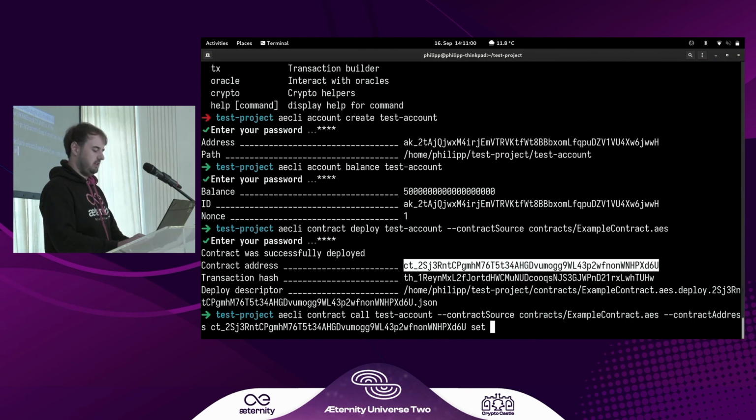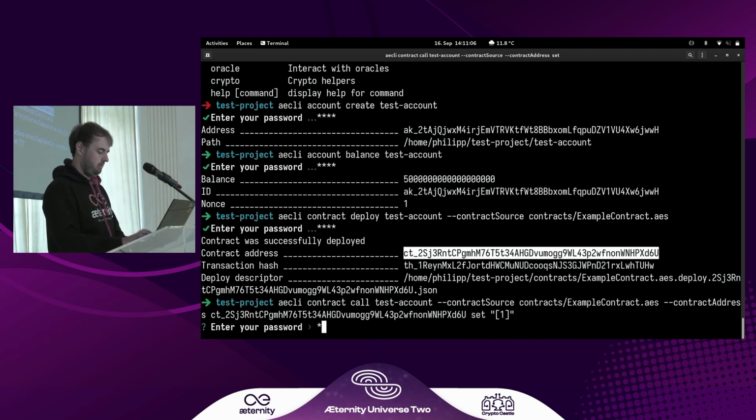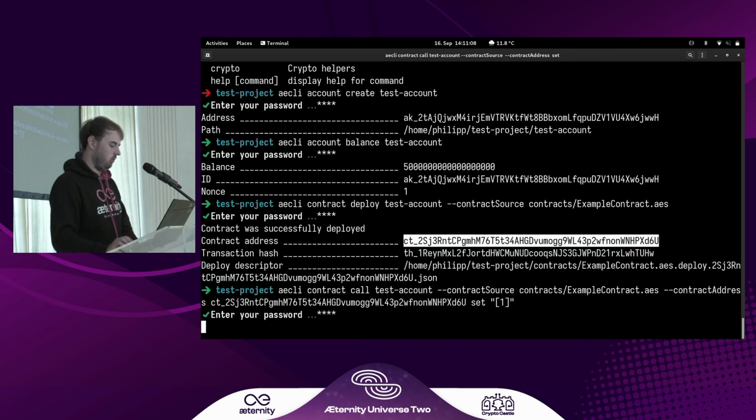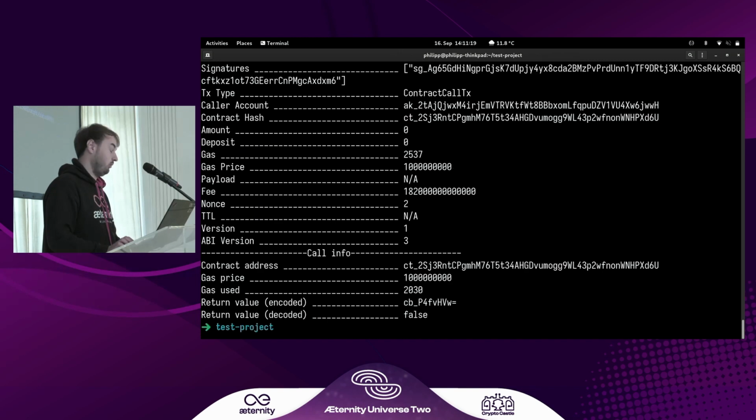And we can call our set method and pass the arguments. For example, we want to set the number 1, again with our password for access to our wallet. And we wait for the transaction to execute on aeternity testnet and with the compiler. And